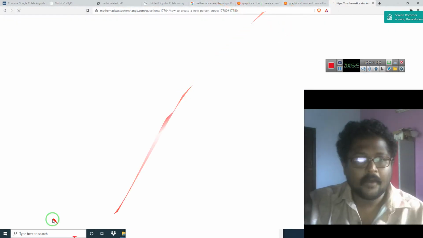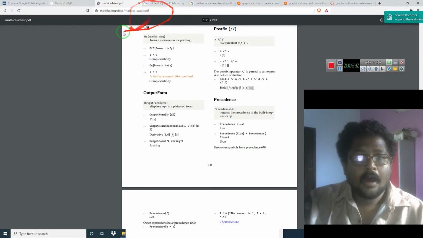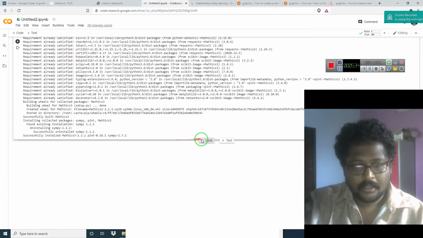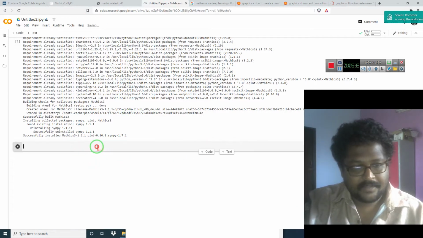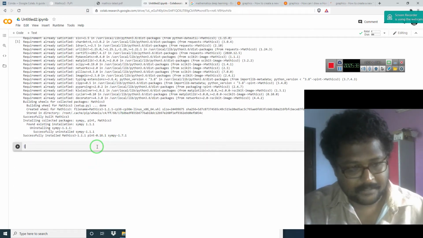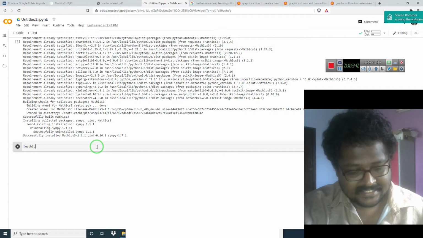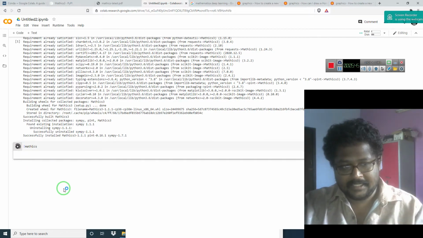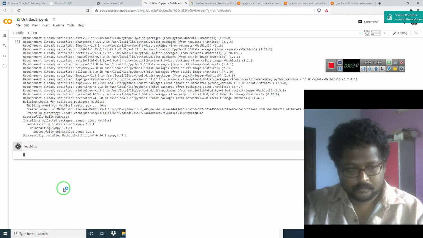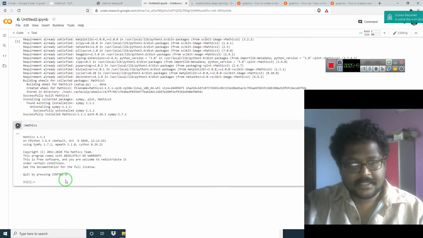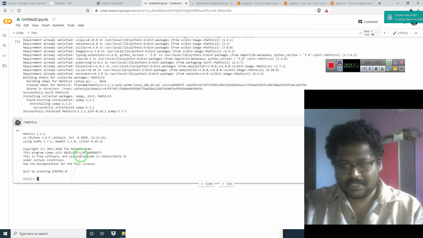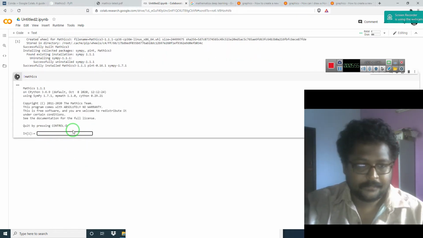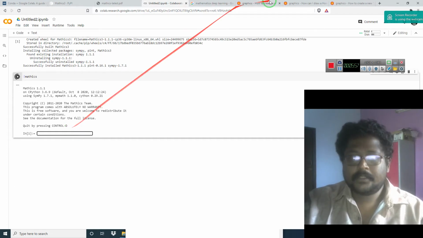Okay, now we have started to install Mathics 3. Okay, Mathics 3 has been successfully installed. So now what we are doing is we are starting Mathics. So put an exclamation mark and type mathics. Now it must run the Mathematica. So it has now started running the Mathematica. As you can see, it is so wonderful that you can do it. So if you want to, you can put this thing.